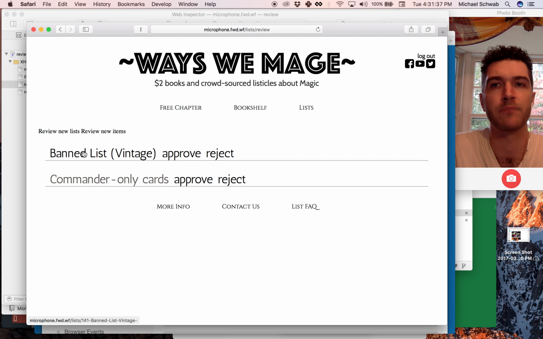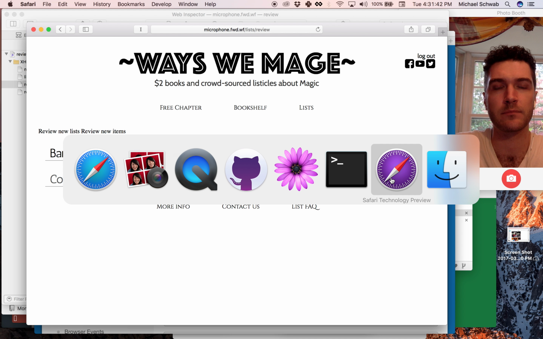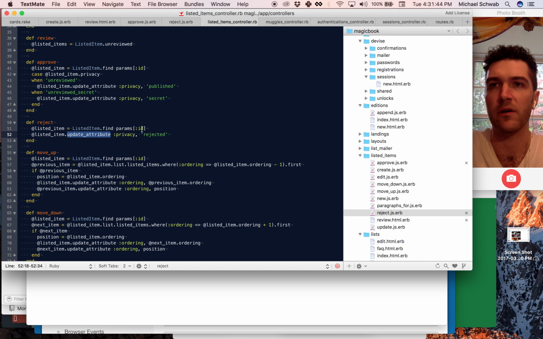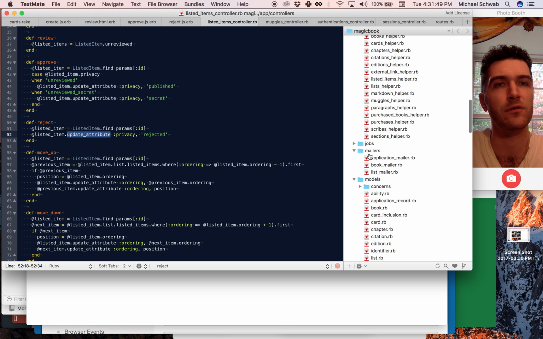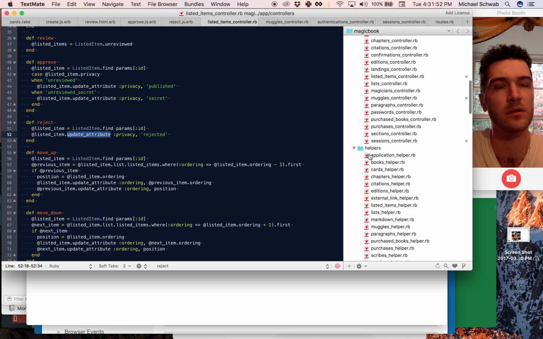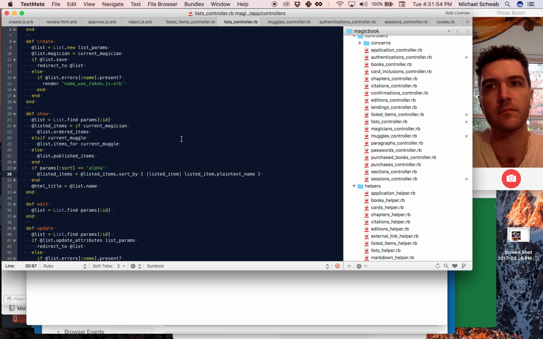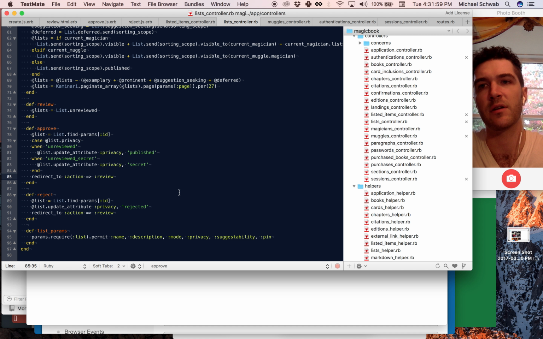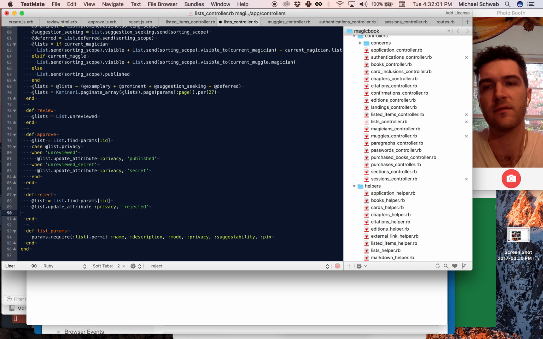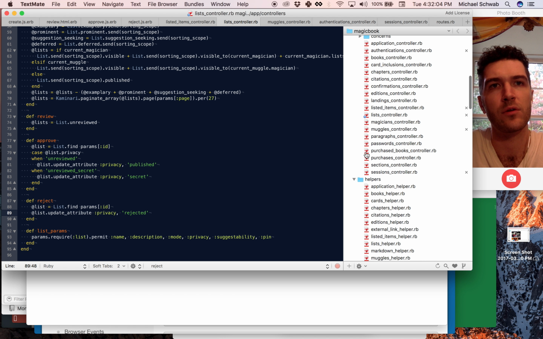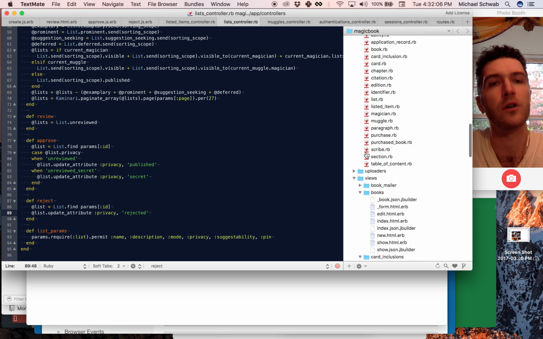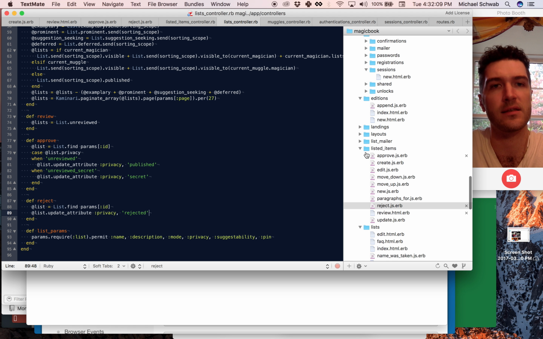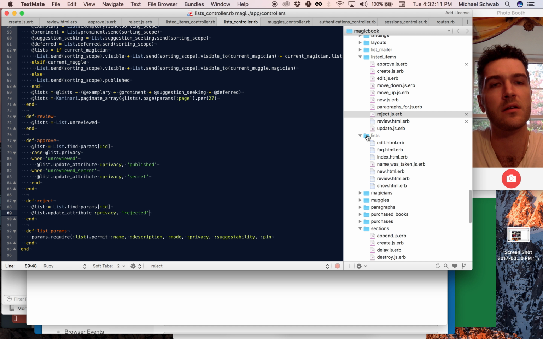So there's a lot of similarity in the code that we're creating. So I'm going to go from here, the listed items controller, to the lists controller. Look at the approve and reject actions. I'm going to cut out these redirection directives. I'm going to go to the lists directory, add